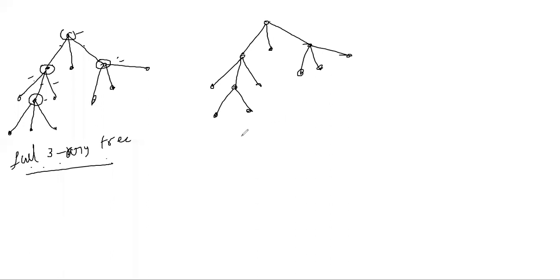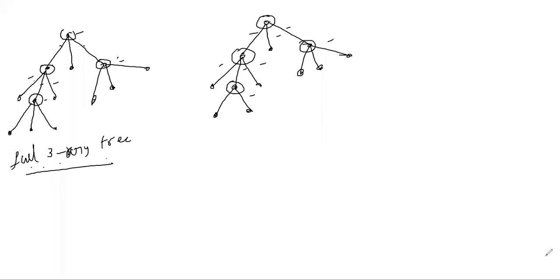Now, when you come to this example, is it a three array tree or not? We will check it. First, you check the internal vertices. What are the internal vertices? These are internal vertices, and these are the children. For each internal vertex, what are the children here? Three children, three children, next three children, two children.